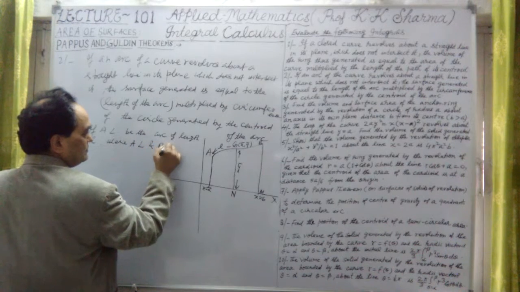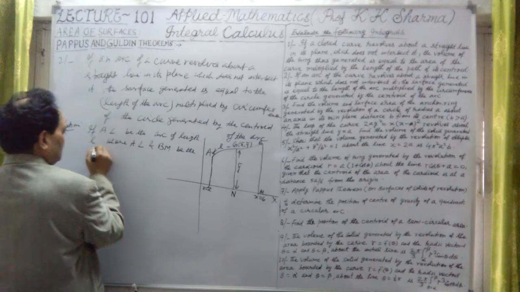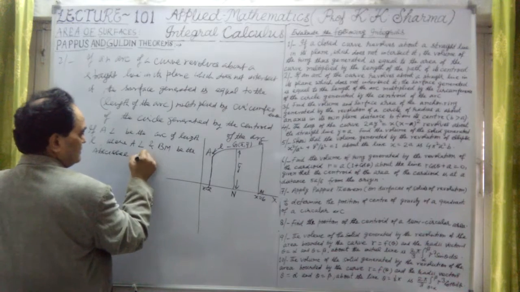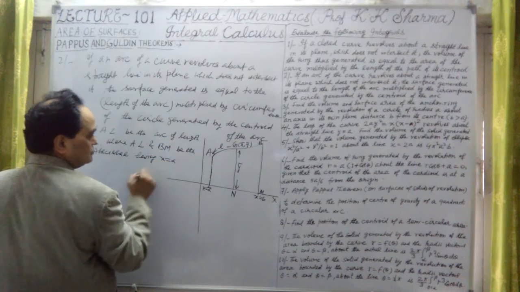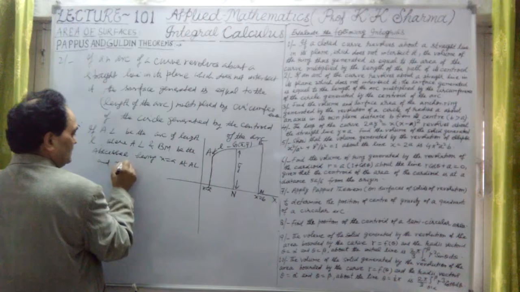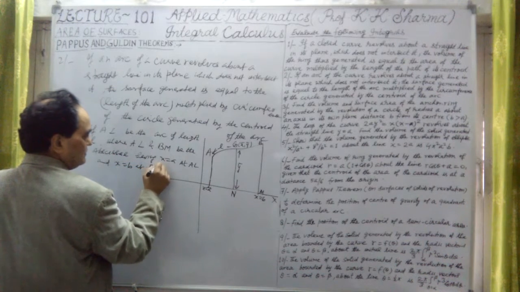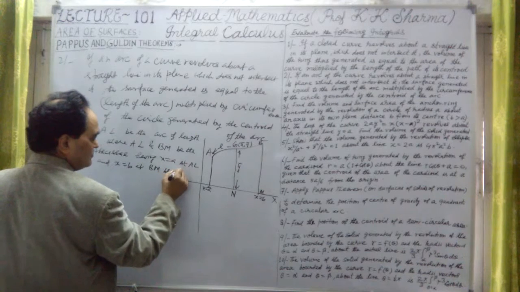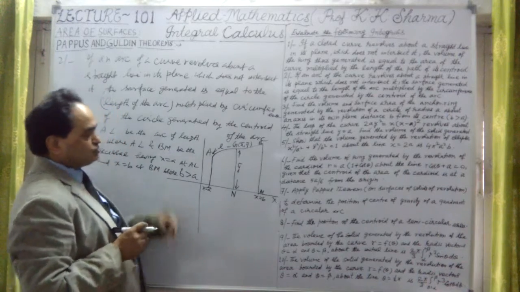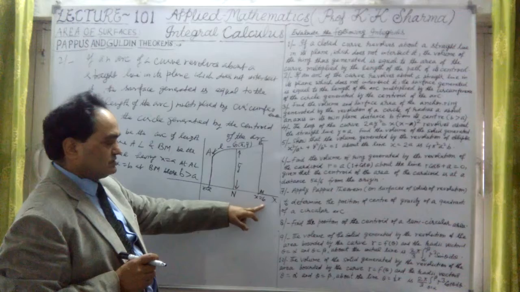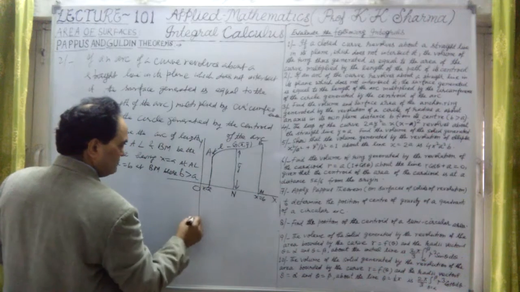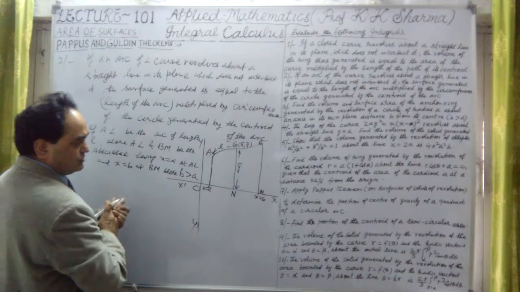AL and BM be the abscissae, having x equal to A at AL and x equal to B at BM, where small b is greater than A. In this case, from A to B we will take the limits, because B is the upper limit and B is greater than A. Now we know